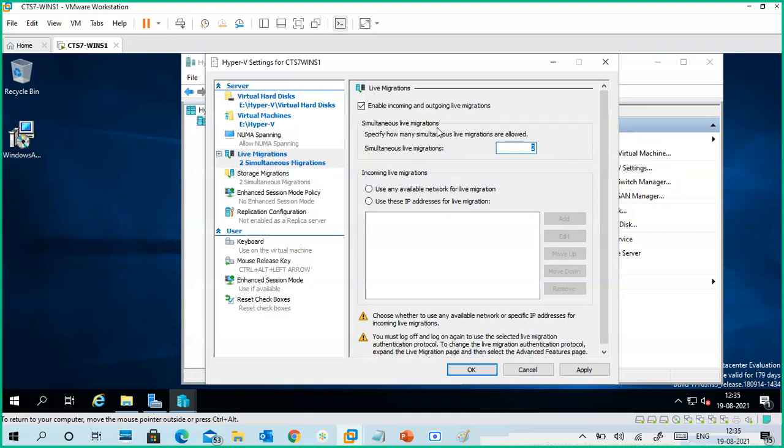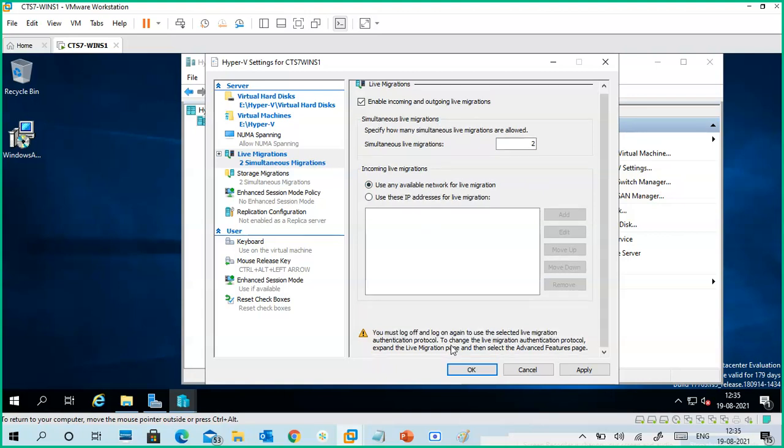Okay, simultaneous live migrations. And also we can specify a particular IP address or a particular network on it. So you can use a particular IP address for live migration.